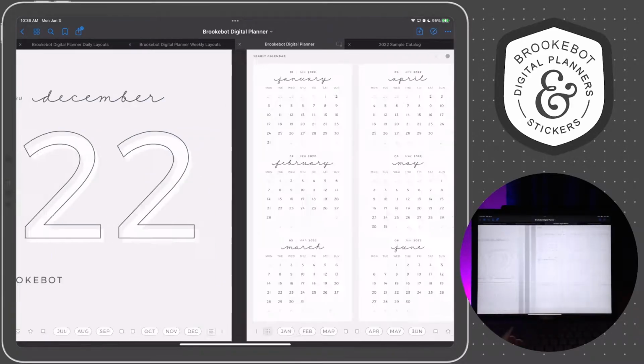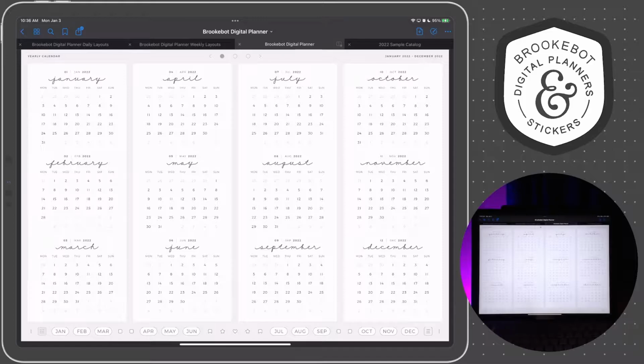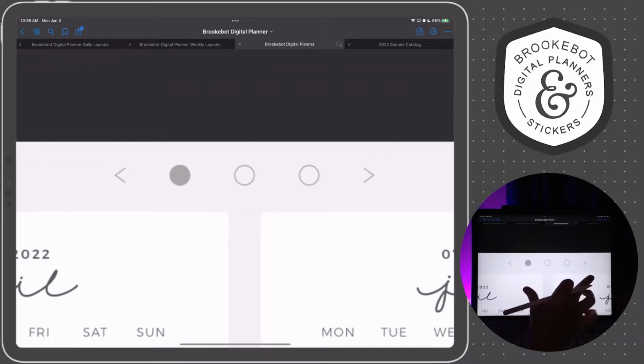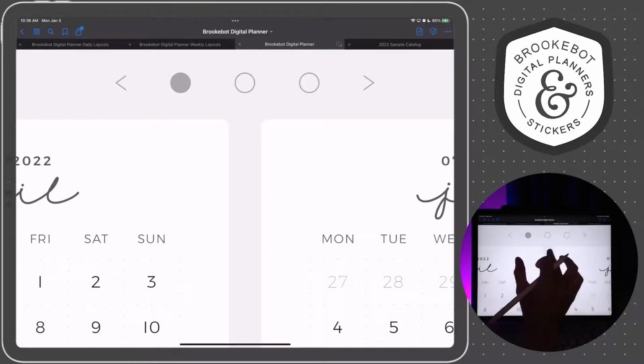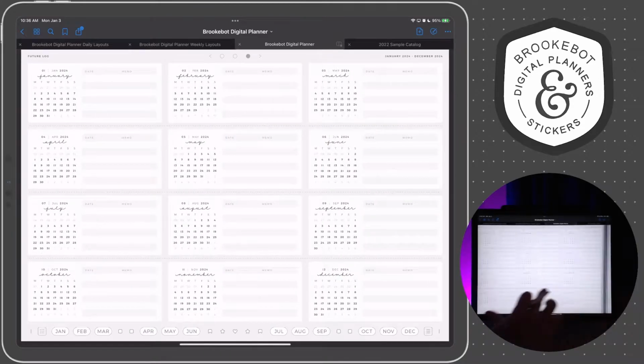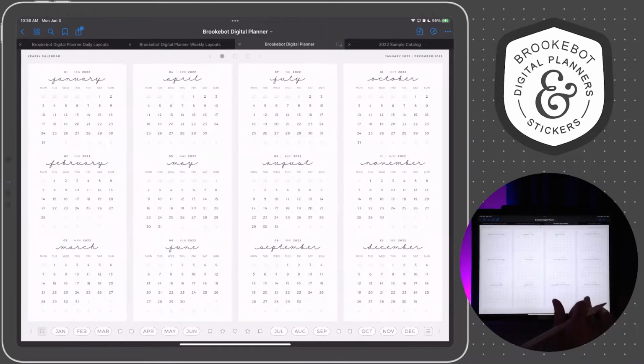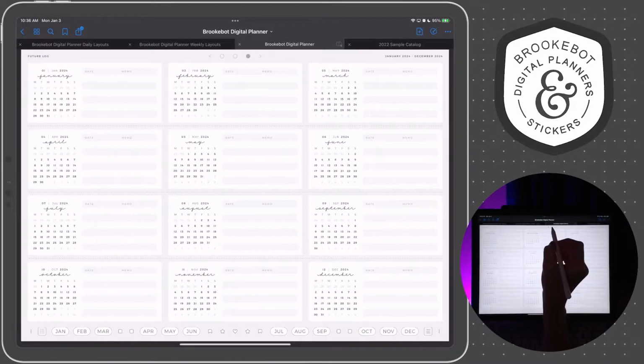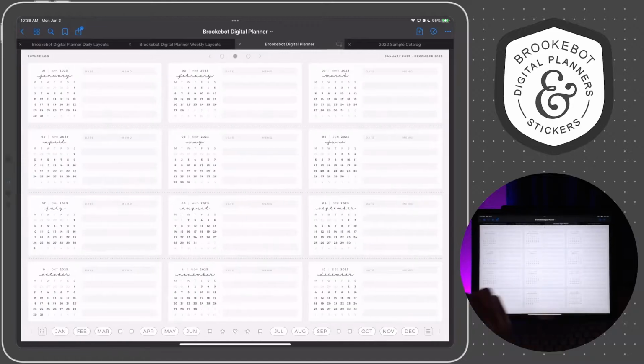And then the next page is going to be the yearly layout. At the top of this page, there's actually a secondary navigation bar, which if you like, you can also swipe through these pages. But if you're like me and you like to move pages around in your planner, you might find it pretty convenient to use these buttons in the navigation bar if you're not able to swipe through them.